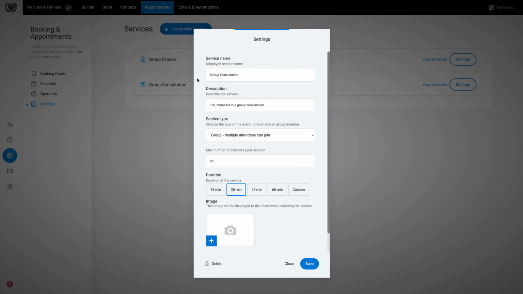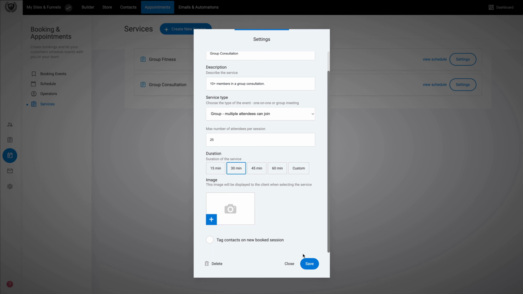So we are doing a group consultation, 10 plus members inside of a group consultation. For the service type, this is going to be a group instead of a one-on-one. We are going to do a maximum number of attendees at 25. This is a 30-minute session. If we have an image, we can upload it here, and then I'm going to go ahead and click on